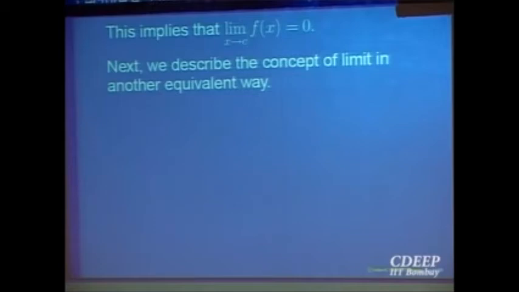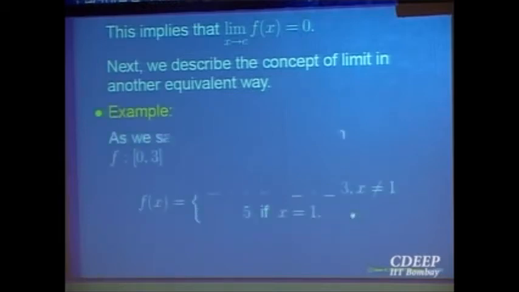So this is the concept of limit of a function at a point when we approach a point via sequences. I will give you another interpretation of this limit, which is sometimes slightly difficult to understand, but I will try to make it simpler. It is equivalent to the notion of sequences. You can approach a point either by a sequence or by saying you are in a neighborhood of that point. So let me try to motivate the other way of looking at it.